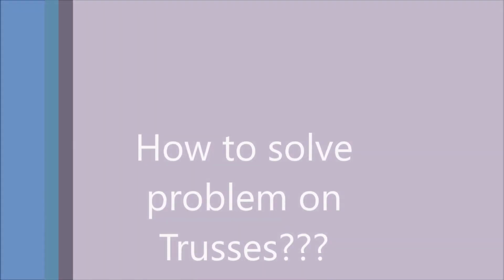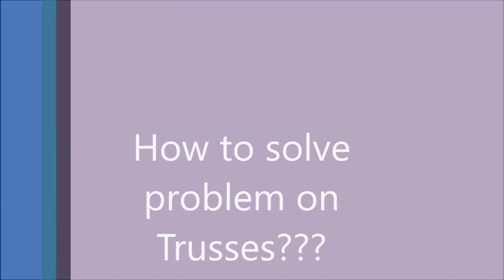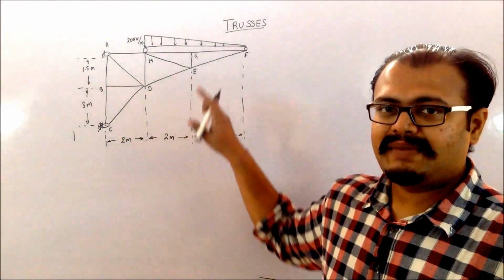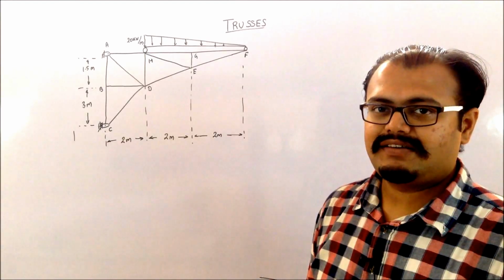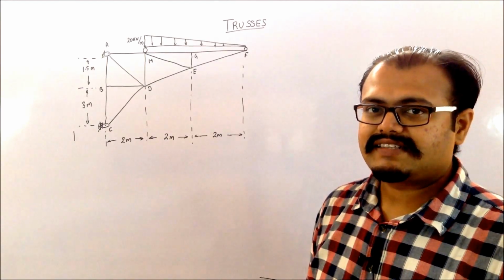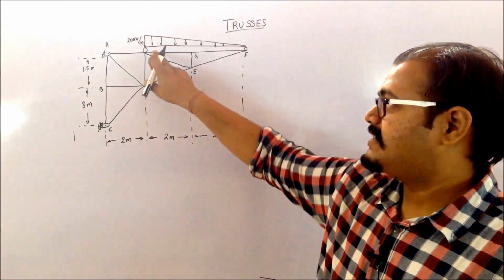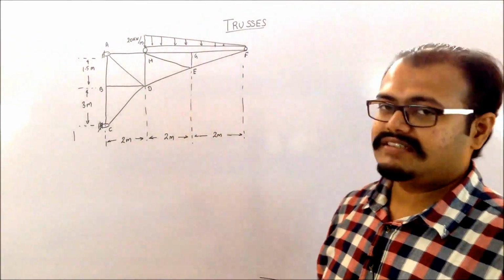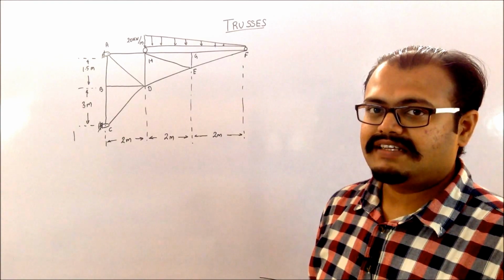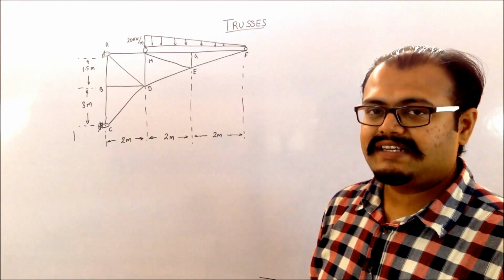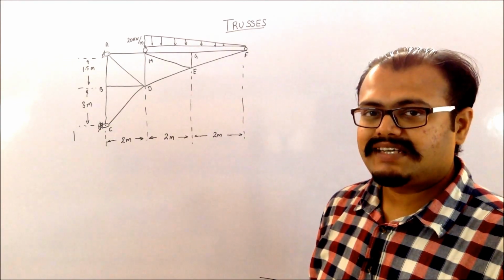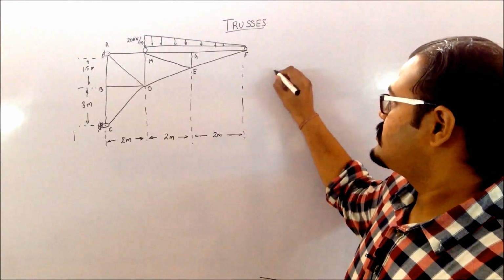So let's begin with today's problem, which will be a load which is attached to my truss. So let us try to analyze if I am having a uniformly varying load, or a UVL, which is kept on my truss or which is applied to the truss. You can see that there is a beam which is kept over here, and on that beam my UVL is being applied. So let us first draw the beam's FBD diagram.